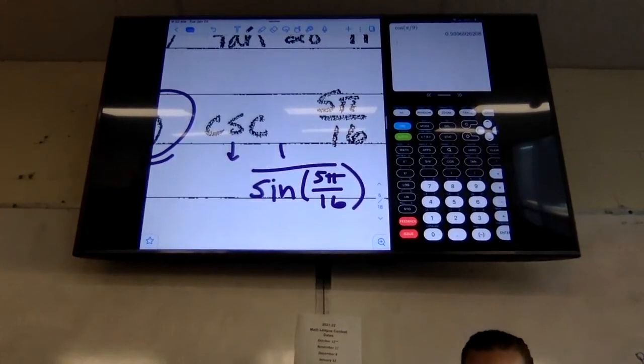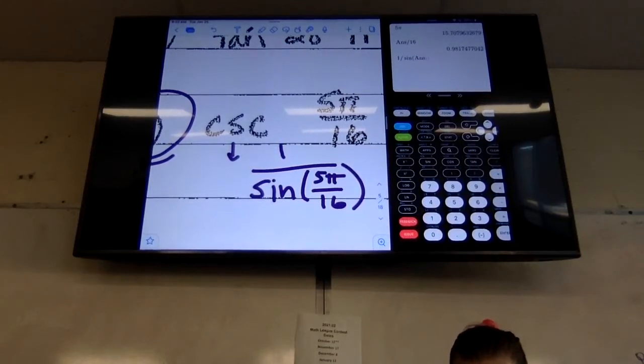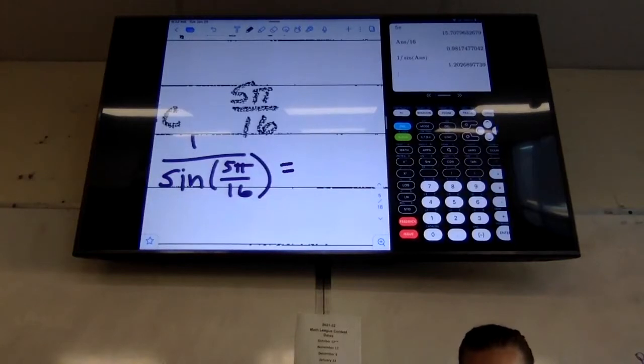So we're doing 1 divided by sine, and then I'll do 5 pi, oop, that's E, 5 pi divided by 16. I don't know how this calculator works, so I'm probably going to do my 5 pi divided by 16 first, and then I'm going to do my 1 divided by sine of that answer. I'm a little once bitten, twice shy about the calculator. When I was in school, we had to be super diligent about certain things. You might be able to plug a few more things in and still get the right answer, but the answer we should get here is